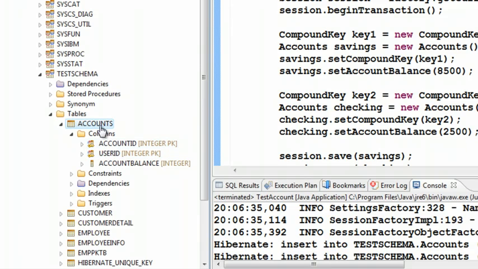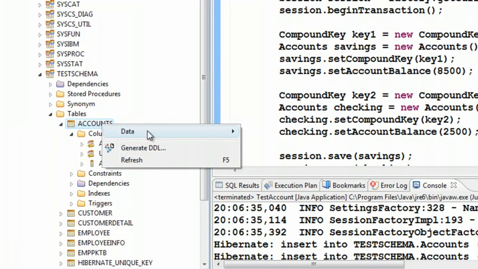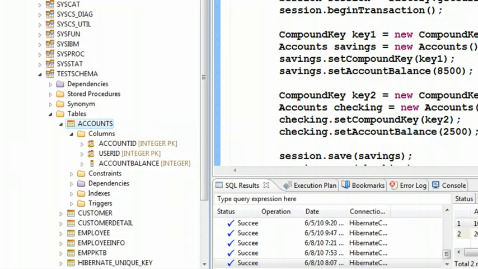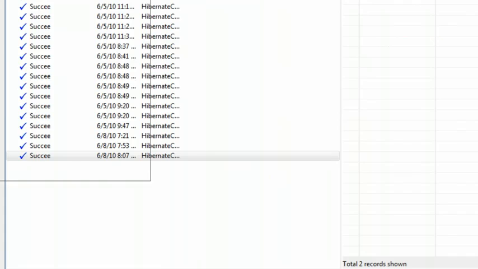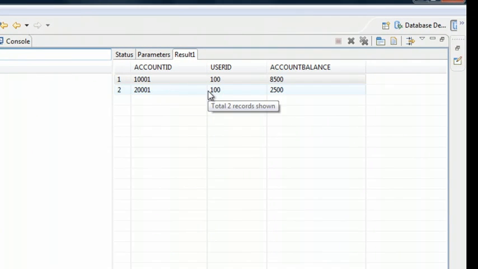Now if you go and notice this accounts table, the user ID combined with the account ID is your primary key. So this way we were able to create the compound primary key. And here you can notice the data. A combination of user ID and account ID is my primary